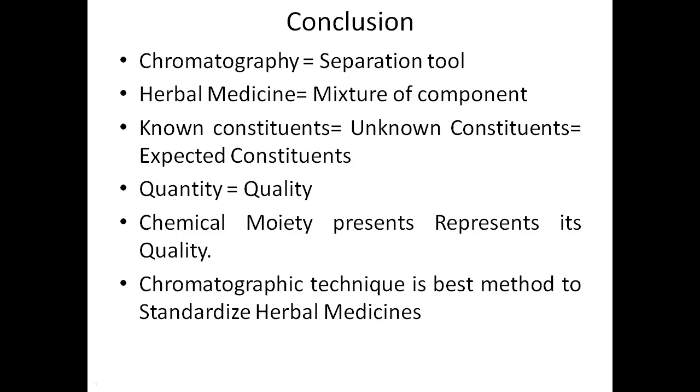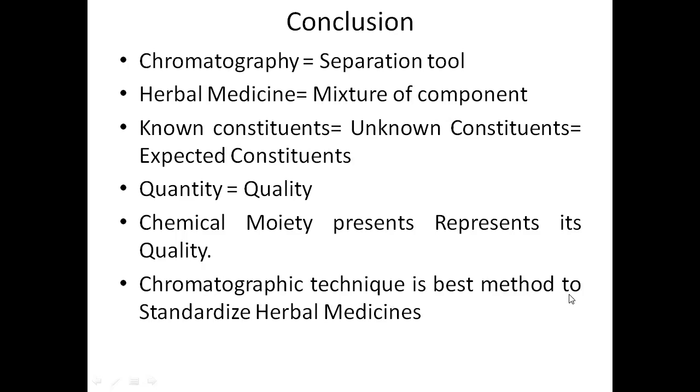Suppose in tea powder or tea mixture, caffeine is not there. First of all, the main chemical constituent biosynthesized in the tea plant is caffeine only, and if caffeine itself is not there, then what about the other chemical constituents present in the tea? They are in small quantity anyway, so they will not be there in sufficient quantity, and we can conclude it is a quality-compromised medicinal plant.